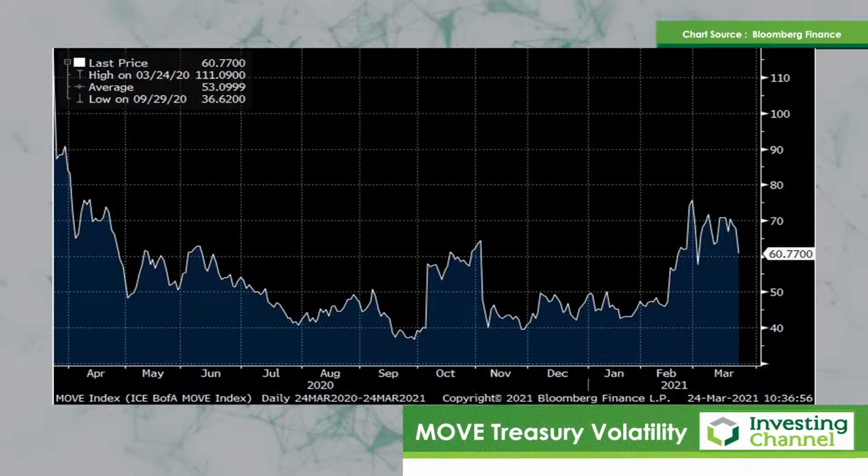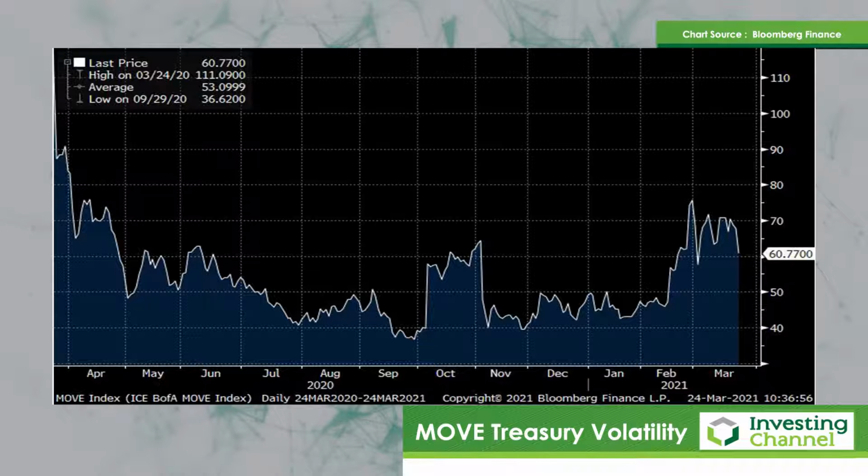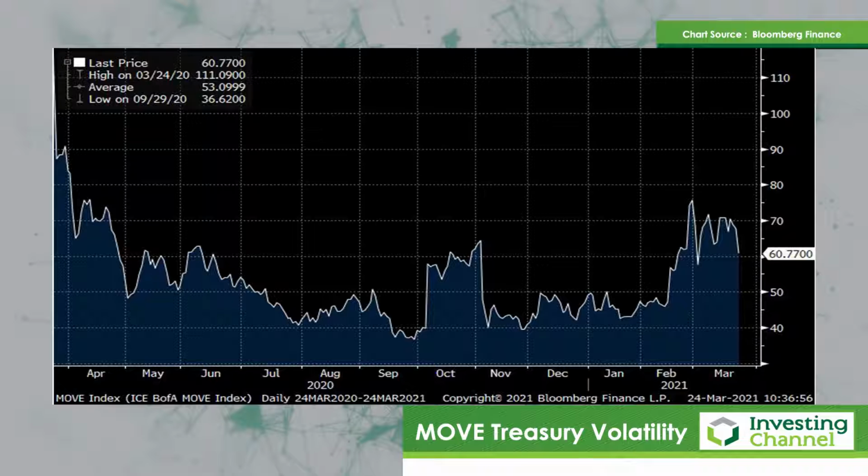Let's start with the US Treasury Move Volatility Index. I think the key thing here is that, as much as the rise in yields appears to have capped itself somewhat as we reach that 175 mark on the US 10-year, which is considerably higher, obviously, than the current S&P dividend yield, it's remaining, relatively speaking, elevated. Clearly not nearly as high as the levels we were seeing at this time last year, but still not as calm as it had been. And that's certainly a marker in the sand, effectively, that markets are taking some assurance from the Fed's forward guidance,